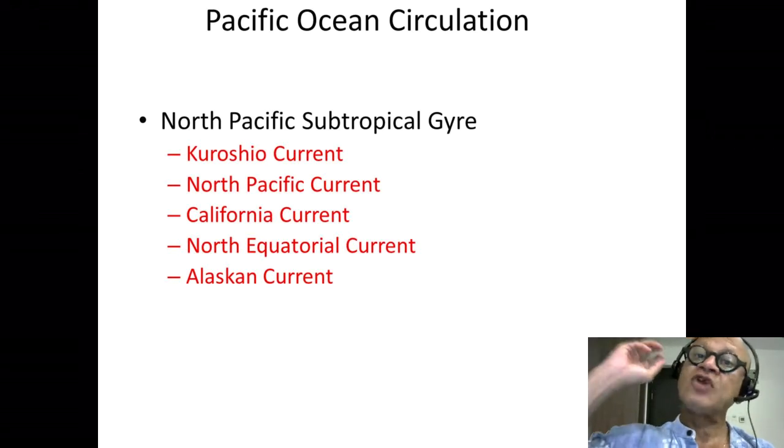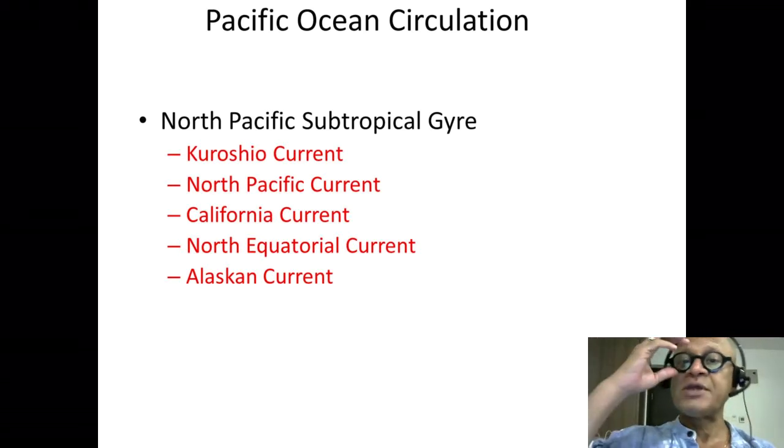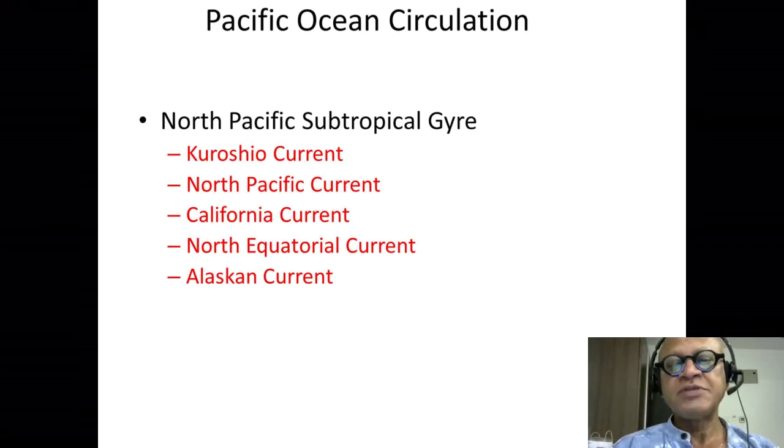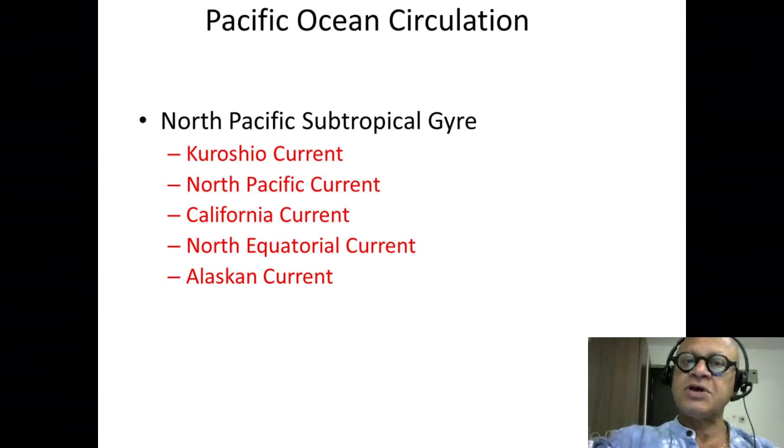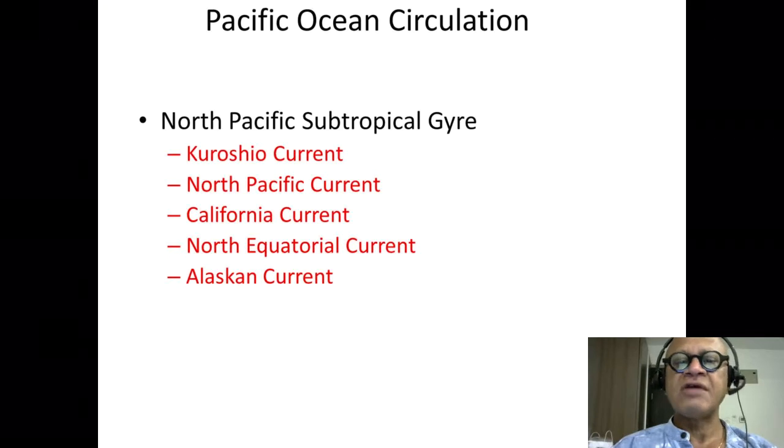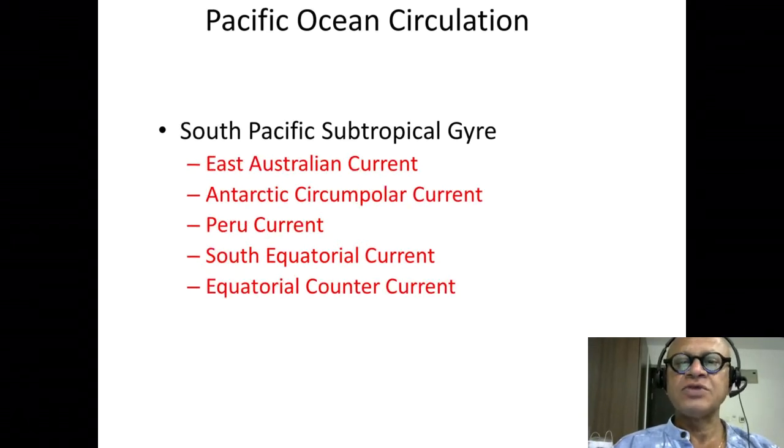This is why you have North Atlantic deep water forming in the Atlantic Ocean in the GIN Seas, but no such deep water formation happens in the Pacific, even though you have a similar Kuroshio current and a North Pacific current. Okay, so North Pacific current, that is the extension of the Kuroshio after it leaves the coast of Asia around 30 degrees north, and on the other side, eastern boundary, you have the California current, which we mentioned already several times. In the tropics, you have the North Equatorial current, and we talked of the Alaska current, which is the